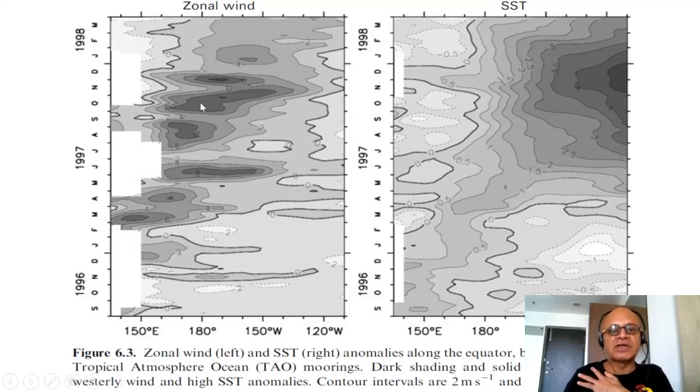If you already have been exposed to things like westerly wind bursts in the context of El Nino, you know what we are talking about. But if you don't, no problem. You can go and look up my podcasts on El Ninos in the other courses. But here, you just need to focus that there are in fact sub-seasonal or intra-seasonal signals in the winds. How they are generated is a more complicated question, but often they are related to Madden-Julian oscillations, which are again